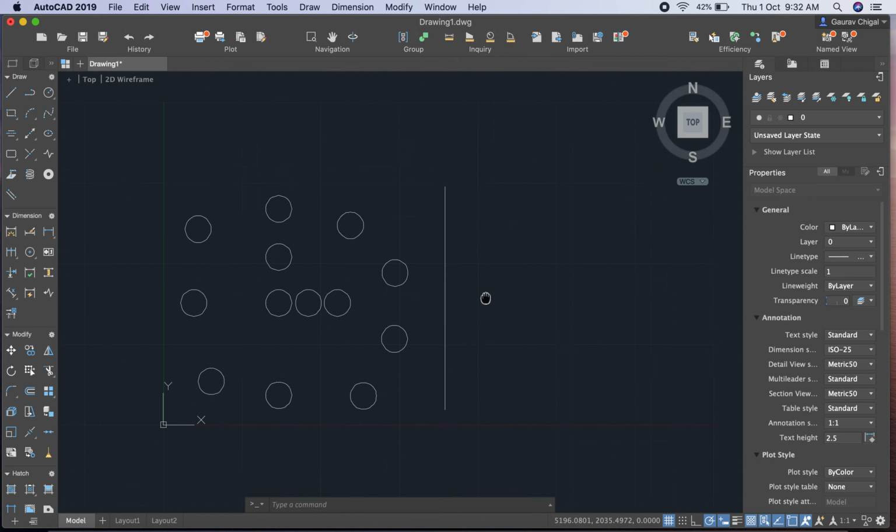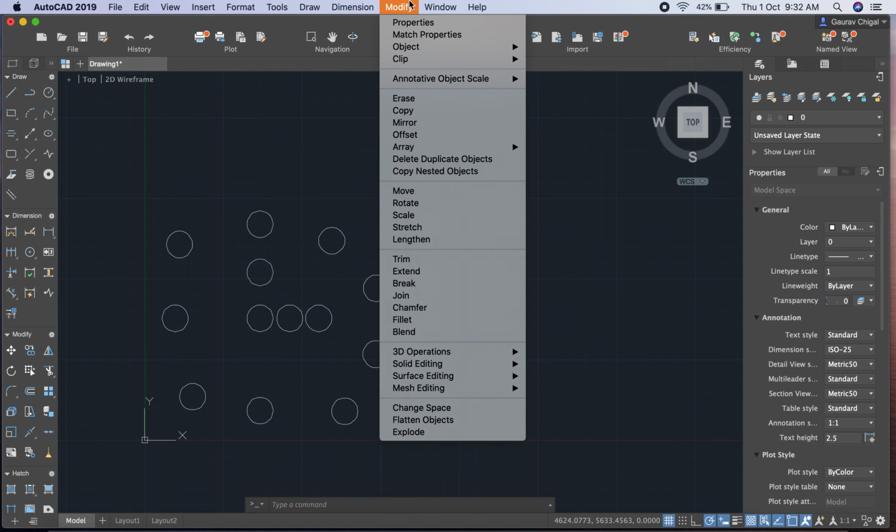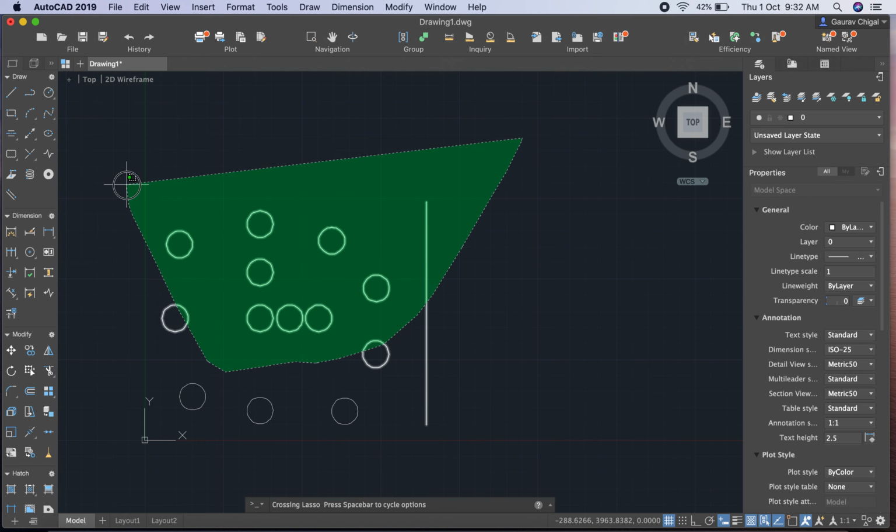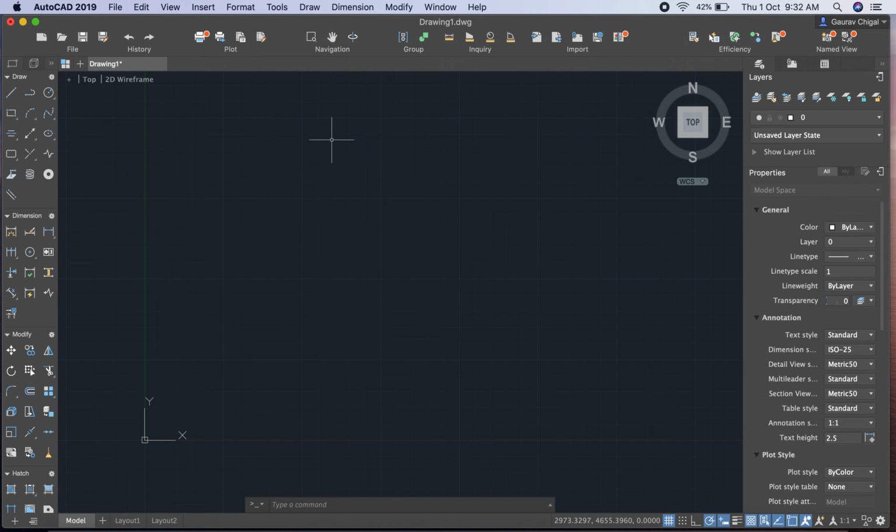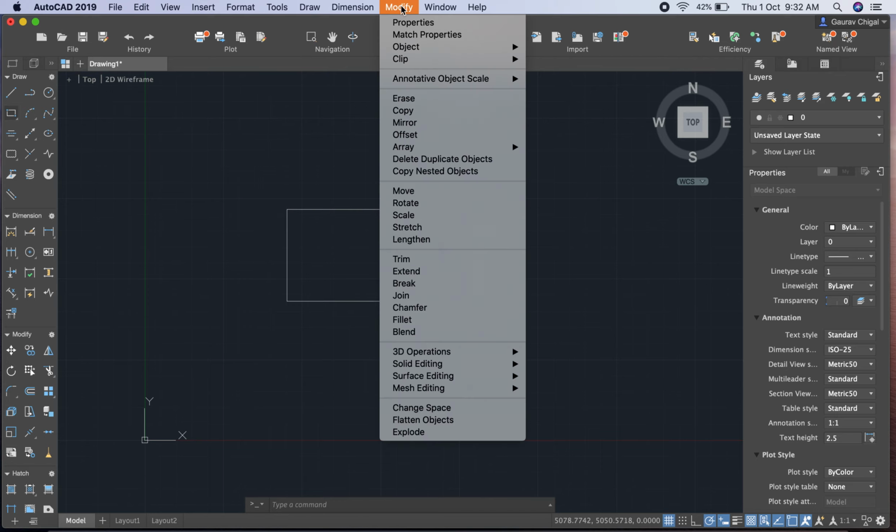Now moving on to another option of modify, that is called offset. Now for offset, let us say I just delete all these things. I draw a rectangle here. Now I want an offset of this rectangle at a certain distance. Offset means you have to draw the same entity at a certain distance, at a certain value of distance. Let us say 10, 20. You want to repeat that rectangle again.